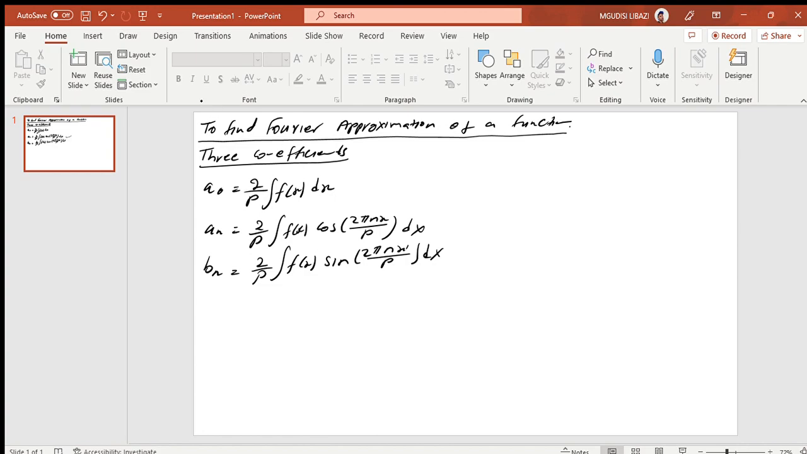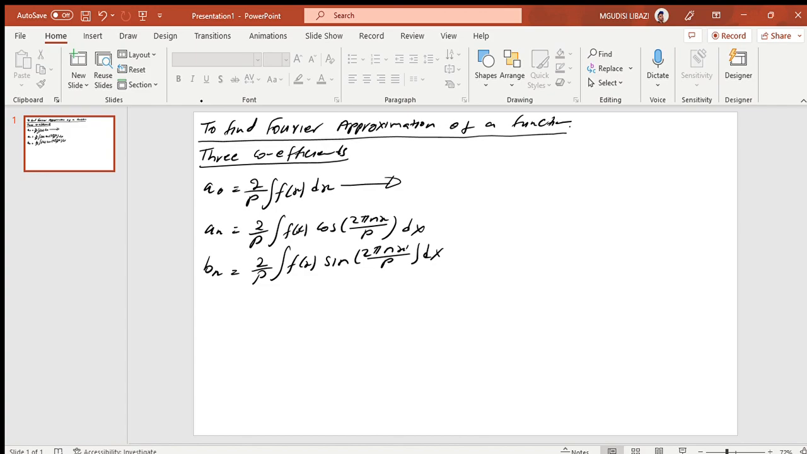In some books, a0 is given as 1 over p times the integral of f of x dx. But anyways, at the end of the day, the answer will be fine depending on how the Fourier approximation formula is written. After finding these coefficients, we need to find the Fourier approximation,